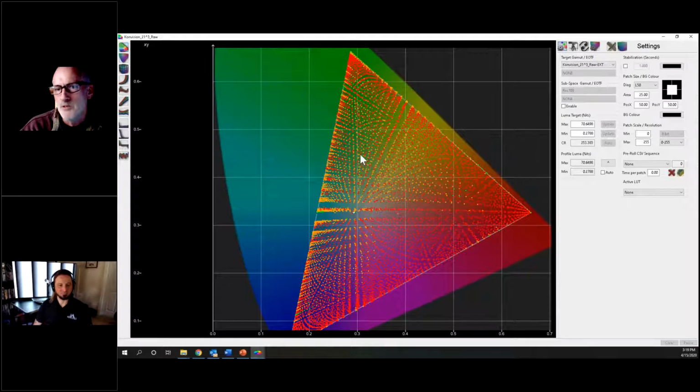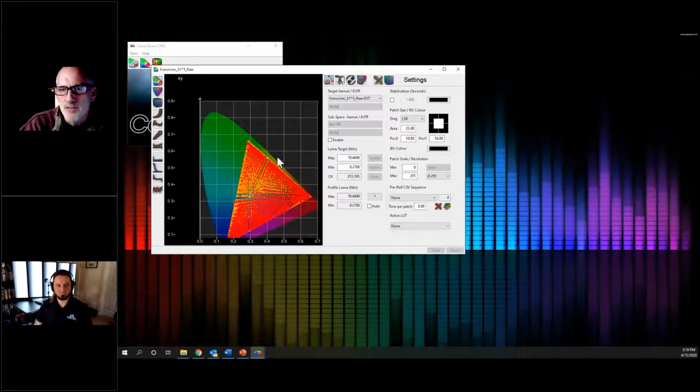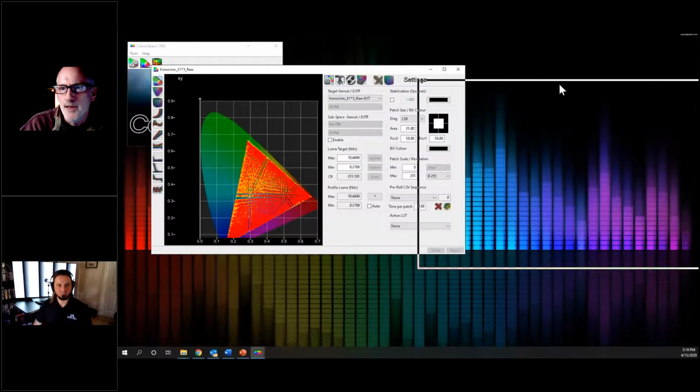If you were to do this with the LG behind you, it would be way worse. Yeah, that's the way displays are. But again, if we want to take another look at stuff in more detail, if we just double click any point in the